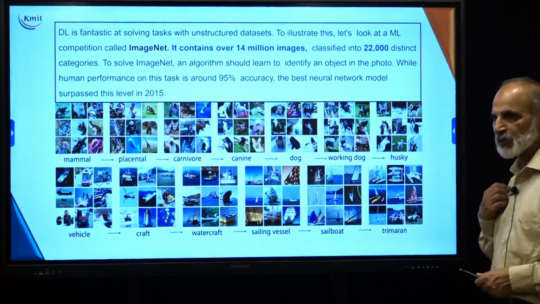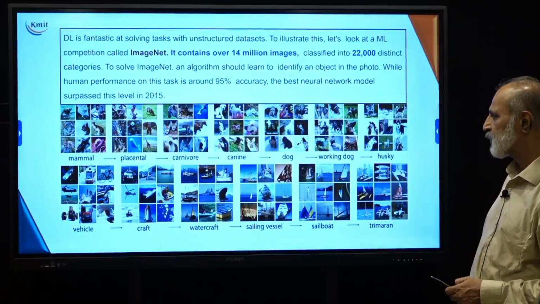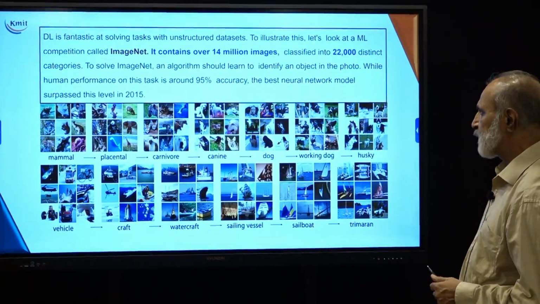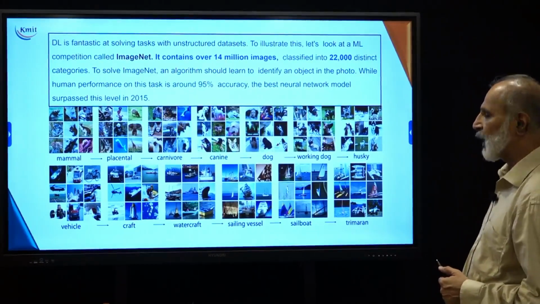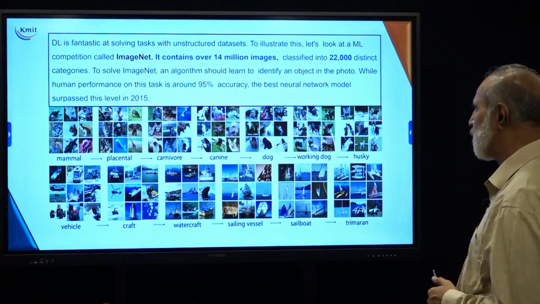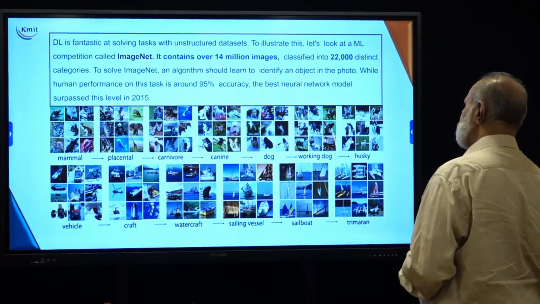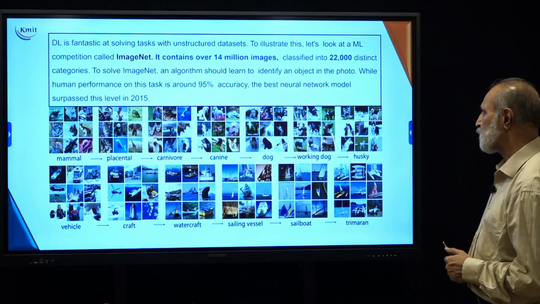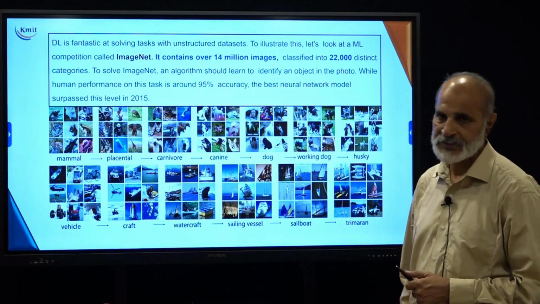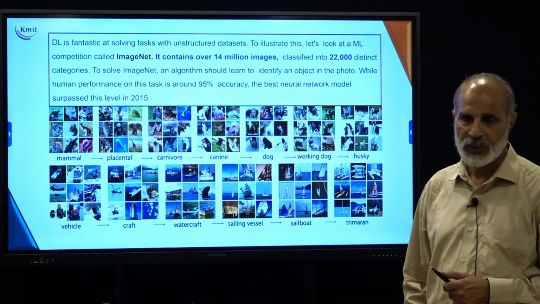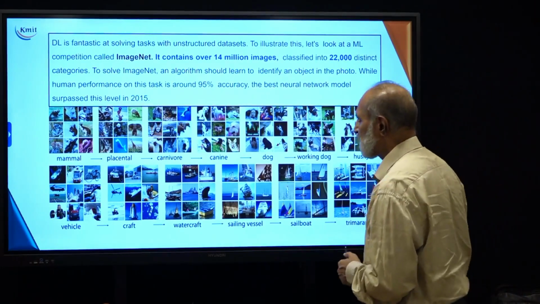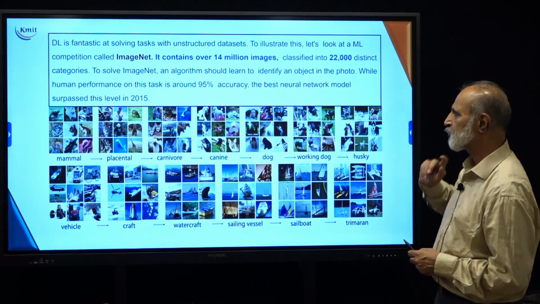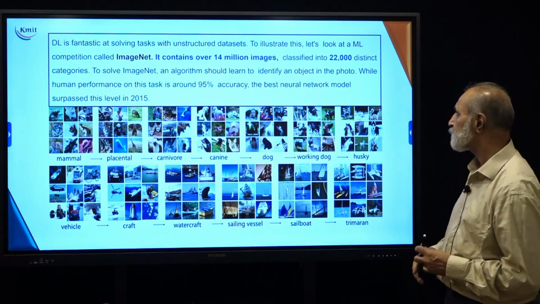Now let us see one example here. A deep neural network can be very interesting and challenging. For example, deep learning is fantastic at solving tasks with an unstructured data set. I am showing you an imaginary data set which consists of about 14 million images, and the task is classification into 22,000 discrete classes. Now imagine this task being done by a human; a human will miserably fail, but a neural network will not. So we have the ImageNet data, which consists of about 14 million images classified into 22,000 distinct